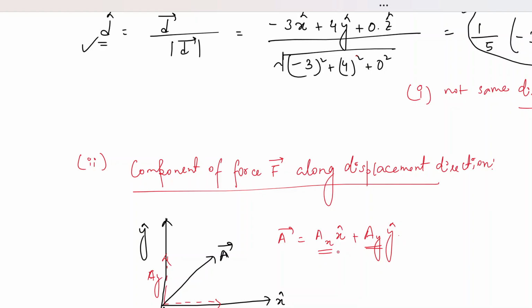This is very simple looking because these are already unit vectors. These are coordinate information, right? x cap and y cap. But in this case, you have been asked what is the directional component of F vector along the direction of D vector. So D is not a unit vector like x cap and y cap, not a coordinate unit vector. So how do you get the directional component of F along D? Let's say this is your F and this is your D, so how do you break F into a component along D? So let us call this component FD because this is F along the direction of D, right?